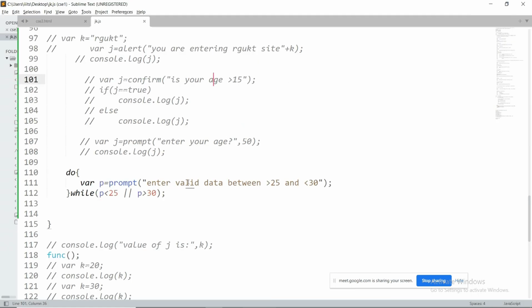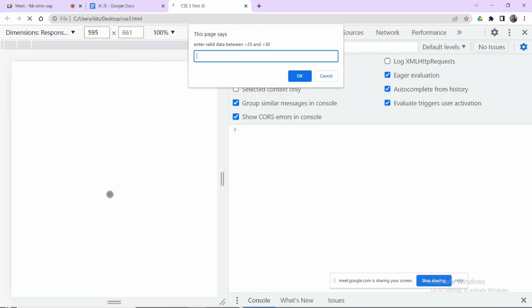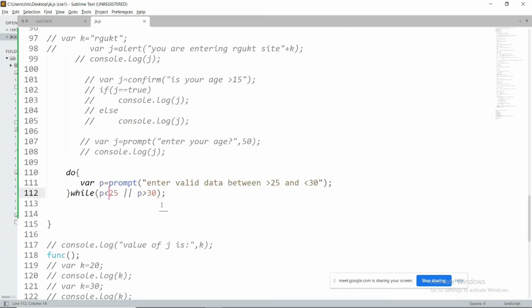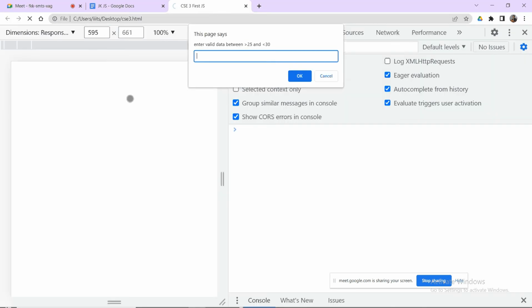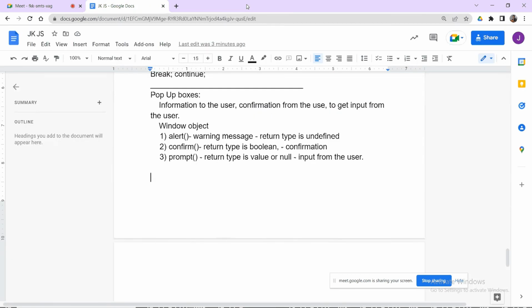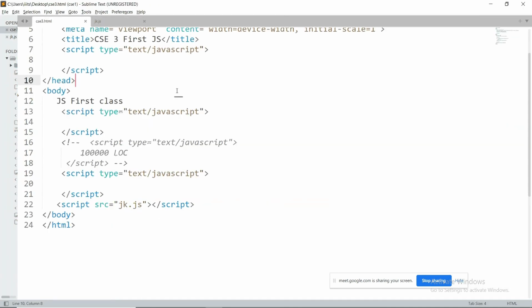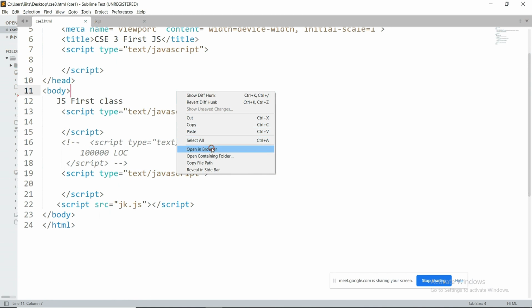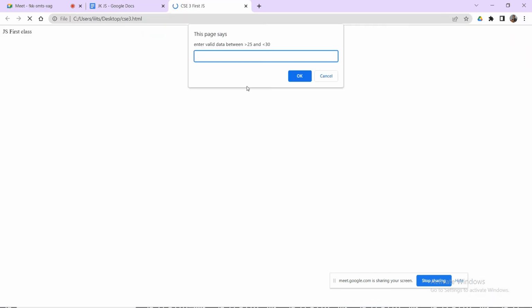Click cancel. One minute. First, it will load the website. Is there any mistake here? Syntax mistake or anywhere? I need to open it in the browser.